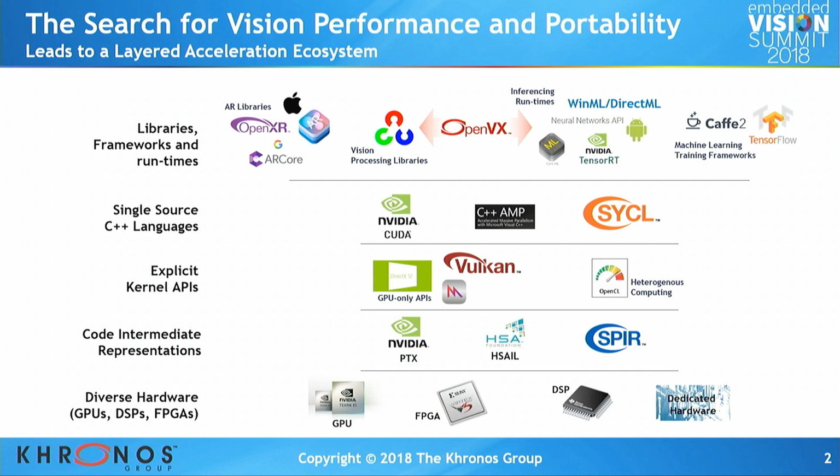APIs, and we're in year two or three now of the new generation GPU APIs, DirectX 12 from Microsoft, Metal from Apple, and Vulkan from Khronos. And then we have the more heterogeneous APIs. OpenCL, again, is fairly unique in being a little bit more general purpose, giving you a little bit more control so you can spread your kernel code out across multiple heterogeneous processors. Then below that, I think is a layer that's really becoming more and more important as programmable solutions become more mature.